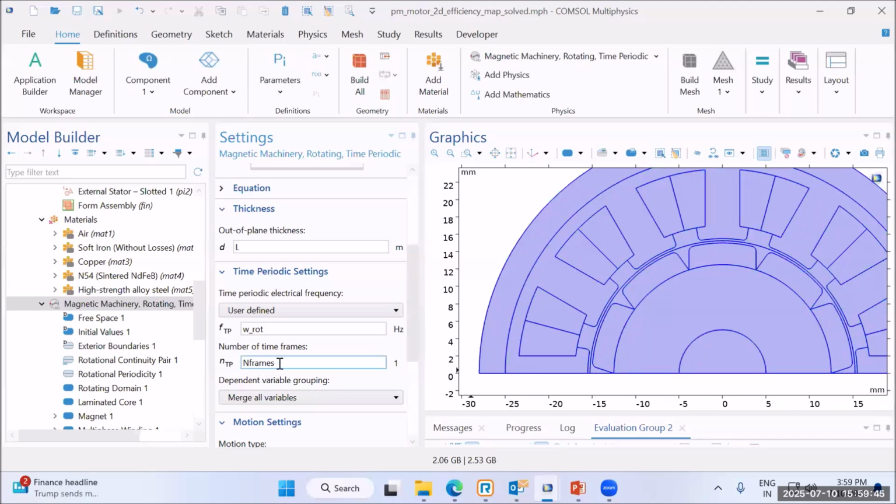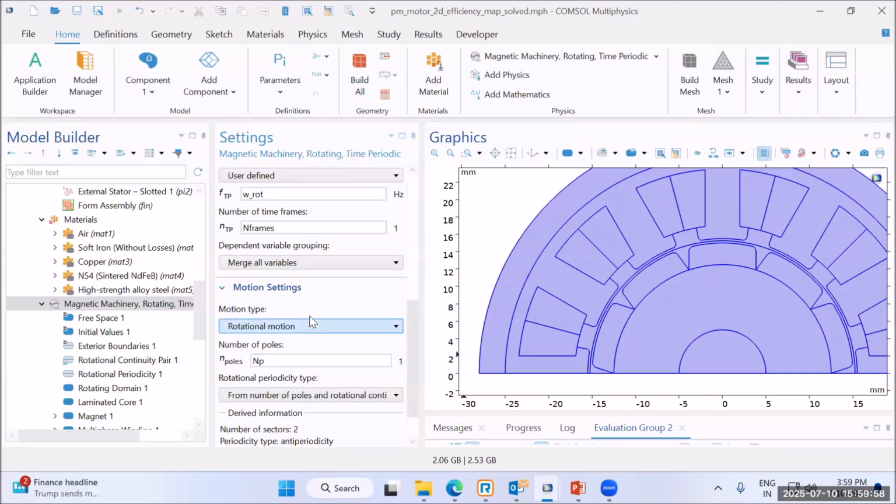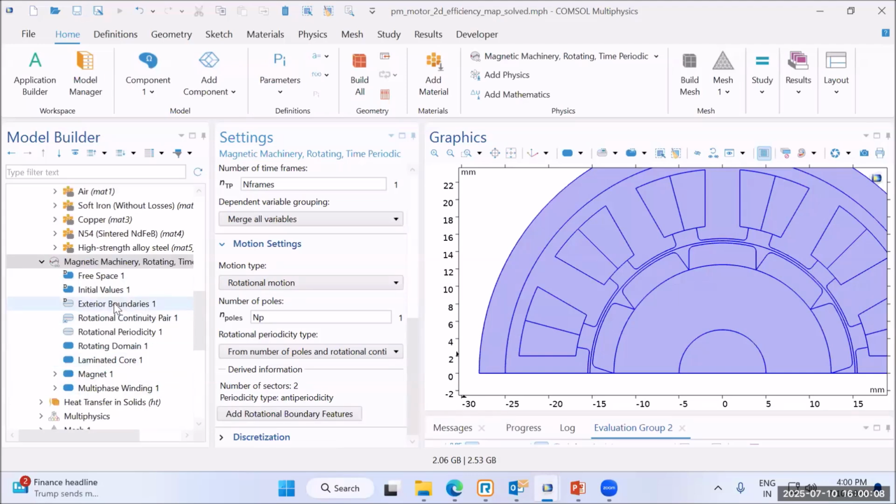So when we increase the number of time frames, we are really able to get the time and space varying magnetic field very clearly, and that is why there exists an optimization in terms of the number of time frames we should use. And again, some more details are there which can be very clearly understood based on the settings given here. I am not getting much into the details, but the major aspect here is one thing